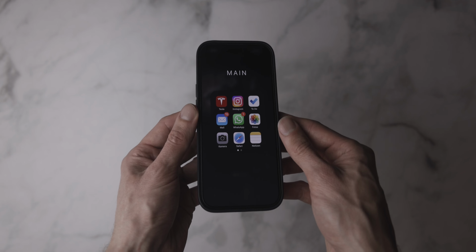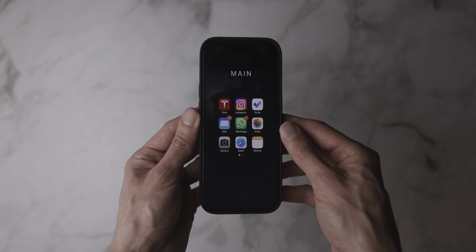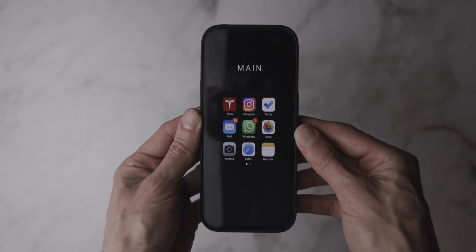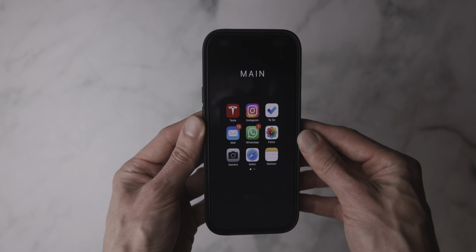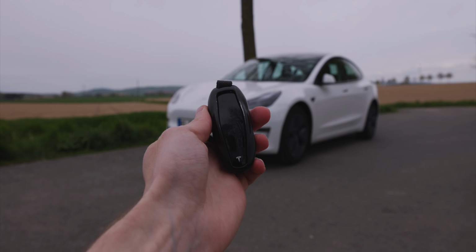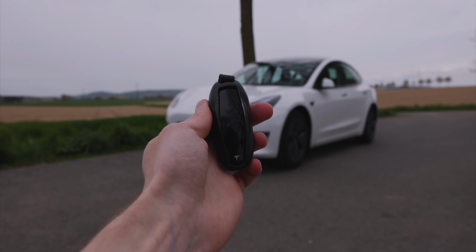In my main folder I have placed my top apps that I use all the time. And the first one that I need to mention is my Tesla app that I use for my Model 3. And yeah, for me that's the best and easiest option to get anything done if you have a Tesla at home. I also have the key fob here as well as a backup, but